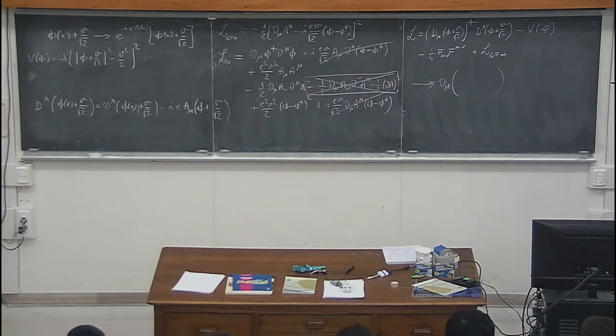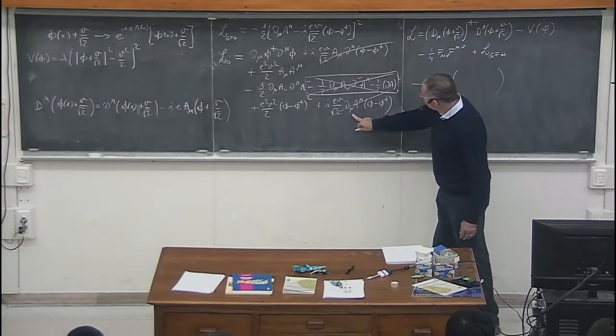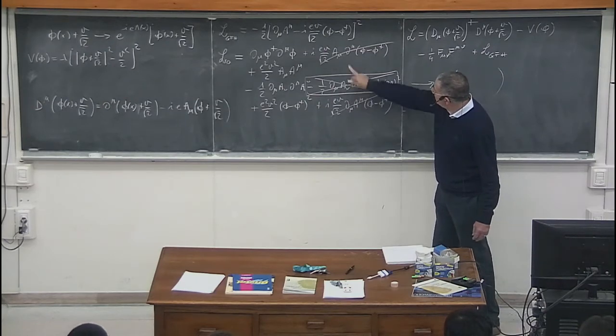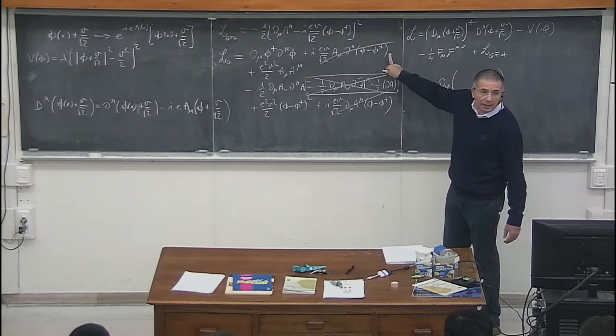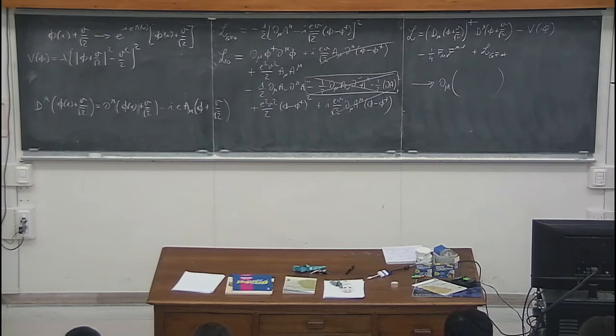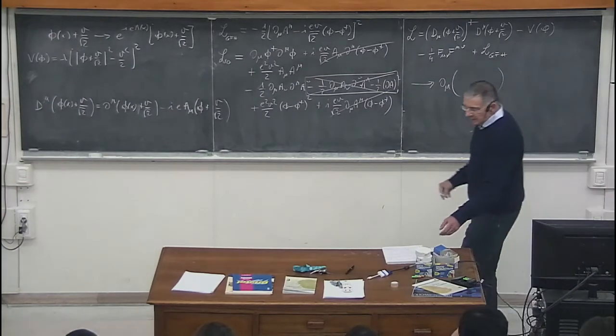Oh, they cancel because they are exactly the same, except that here the derivative acts on the a mu, and here the derivative acts on the phi minus phi dagger. So I integrate by parts, the sign changes, and they cancel against each other. So this simplifies considerably,